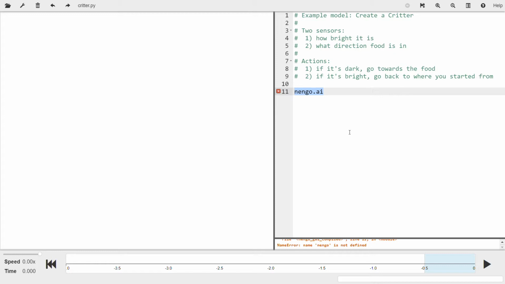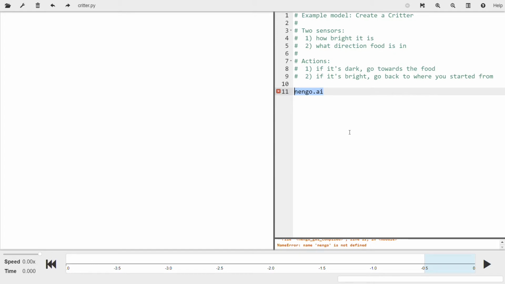So what are we going to build? We've got this really, really simple critter, and here's what it's got for sensors and motor actions. Its motor outputs are just what direction to move in, and we'll say this is in a little 2D world. It can move on the x-axis, it can move on the y-axis. That's it for movement. So it can move left and right and up and down,